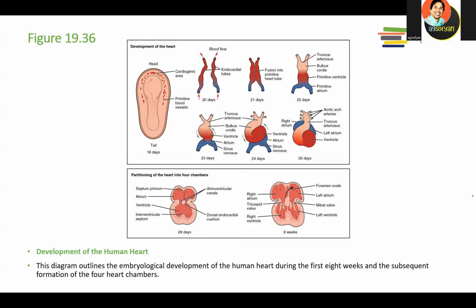The next group of animals, which is higher than fish, is called amphibians, like frogs and salamanders. They actually have three chambers of heart. Why? Some amphibians are actually able to take oxygen from their skin. So their blood is mixed between poor and rich blood, but they can take oxygen from their skin. The reptiles, some of them have three chambers, some of the reptile group have four chambers. Birds and mammals like us already have four chambers of heart.